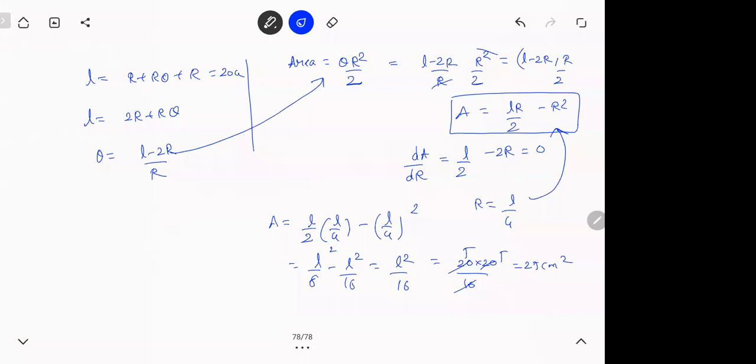This is a good question. This is based on that rectangle which we did, but I think most of you didn't know that the area of a sector is theta r square by 2. So that is something, mug it up. Important.